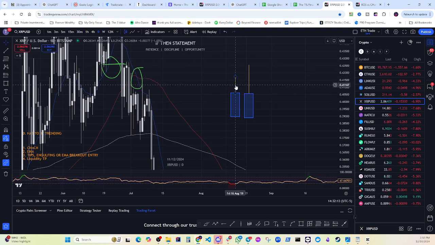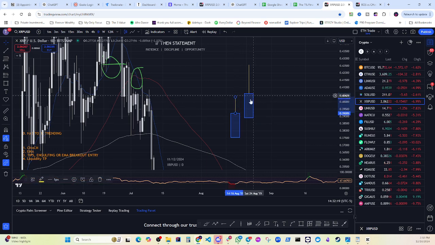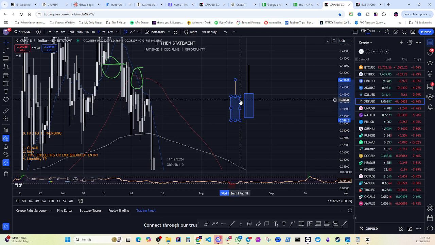So if this body is down here, that is not tipped. If you're looking for sells, the top of the body has to be near. If it's like this, that works. If it's like this, no. It has to be kind of near it or right beside it. And then the wick, the one on the right, has to be larger than the one on the left. So this one right here,